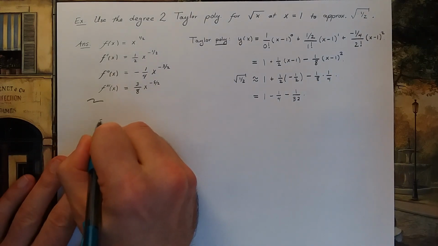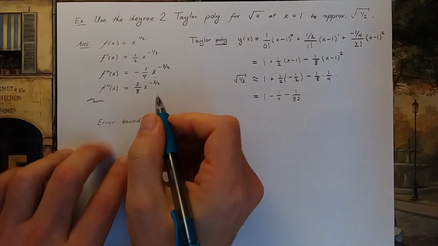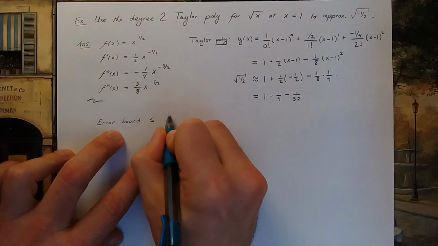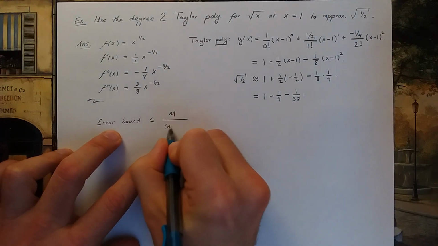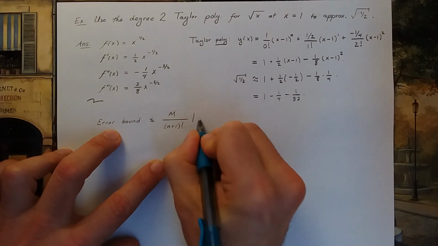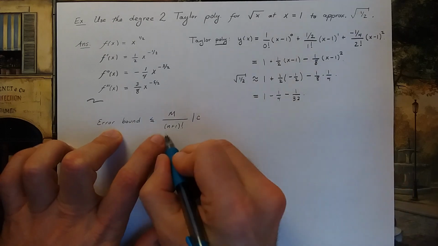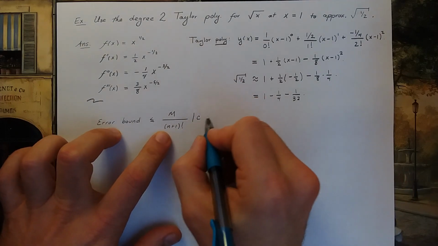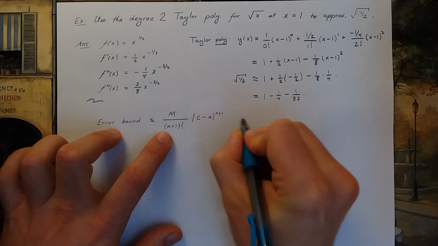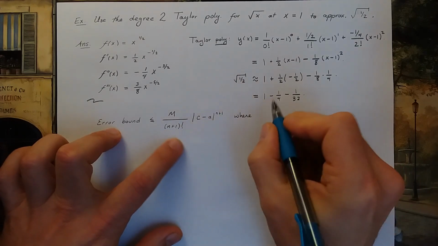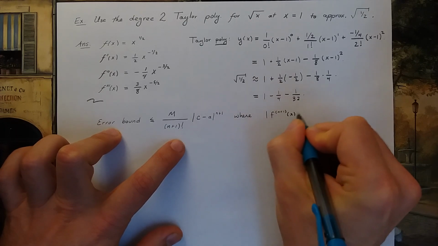So the error bound says my error is less than or equal to some M over n plus 1 factorial times C. C is the number I'm plugging in. N is the degree of my Taylor polynomial. C minus the center, a, to the n plus 1 power,